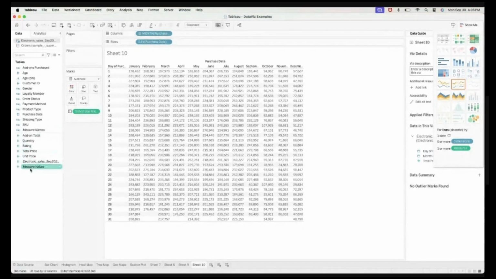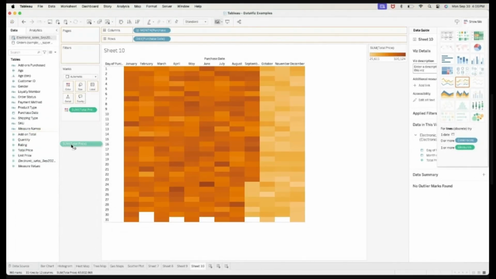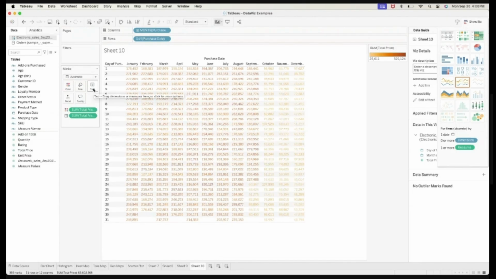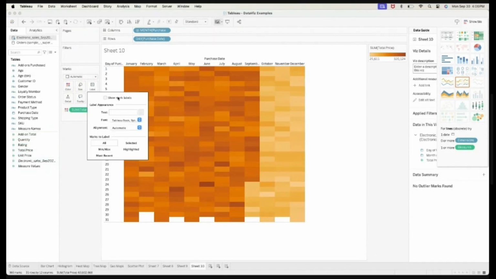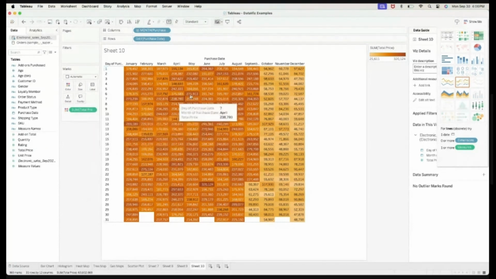Now, if I want to color it, all you need to do is to color it. Okay? And then there you go. On this side, it's like a legend wherein the darker the color, the higher the value. So that's your heat map. And the lighter the color, the lesser the value. Okay.